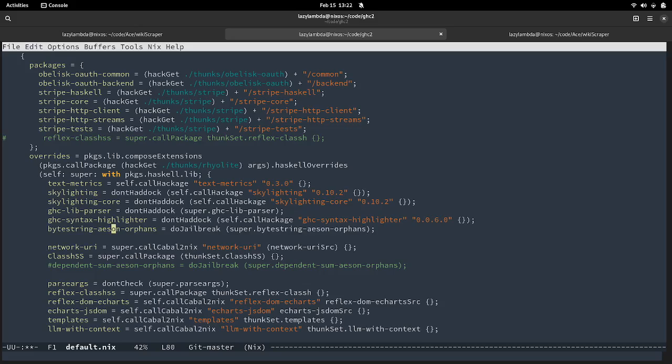Yeah, exactly. Because Nix is not Haskell. Nix is much bigger than Haskell, so Haskell is just one subset of the packages folder. Of the packages repository, whatever you call it.